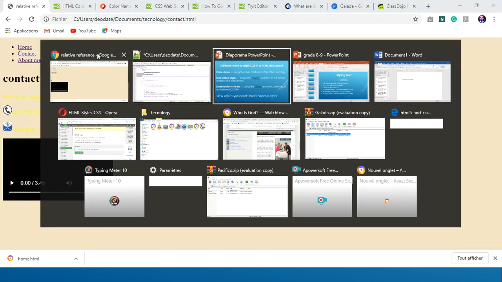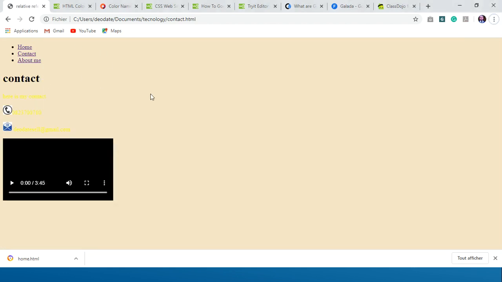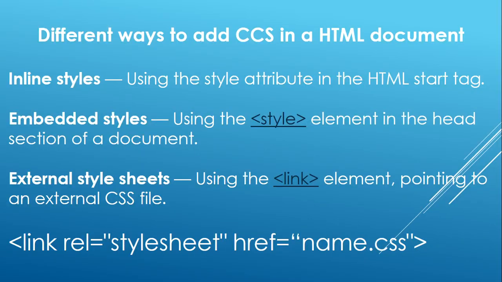This embedded style applied only to one web page, but we want all our styles to apply to all of the web pages of our website. So to do it, we are going to use the last one, the external style sheet. It means we are going to create another style sheet that is going to be outside of the HTML